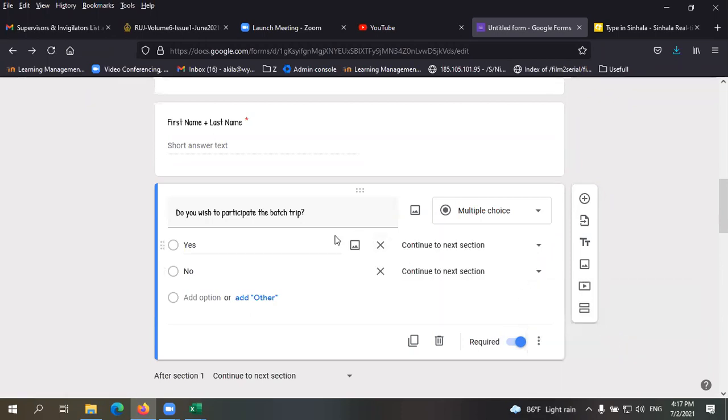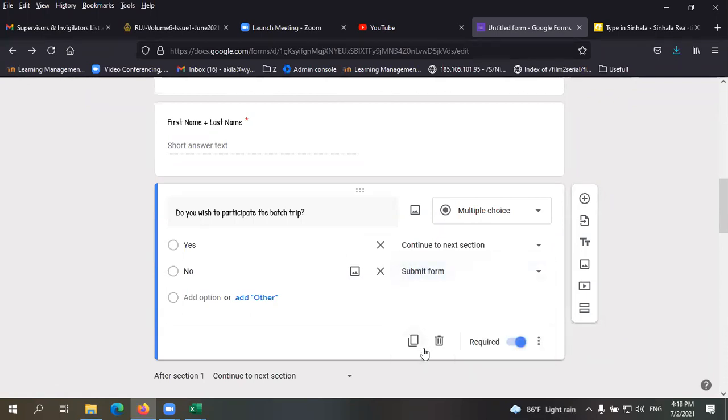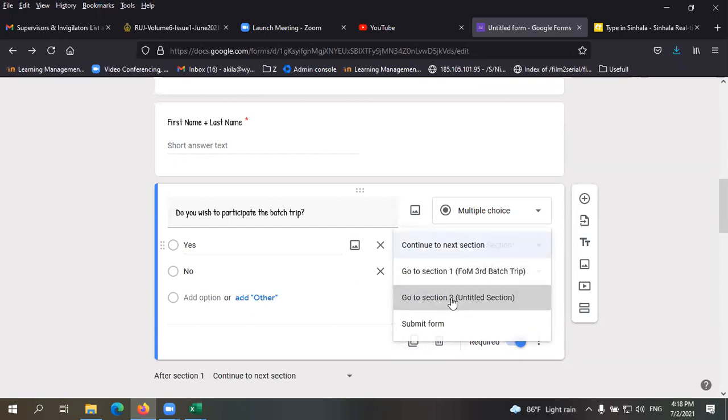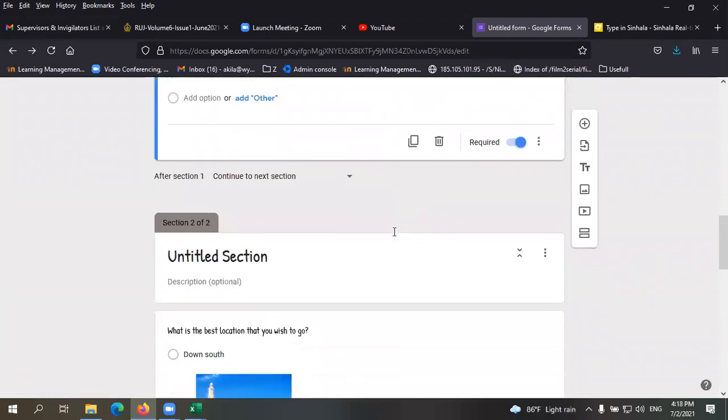Now we can select. If the person says no, then that person should see submit form, because there is no worth of wasting time filling the other options, right? Then if the answer is yes, go to section 2, right? I'll show you the preview.